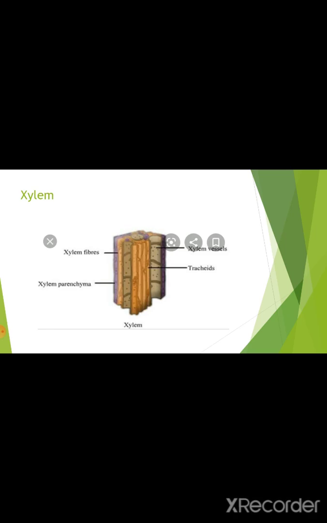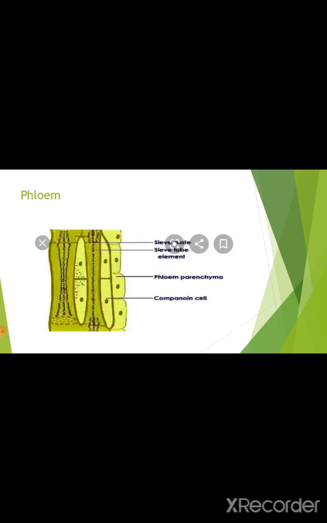Do you know? In a woody stem, xylem rings or annual rings indicate the age of a plant. Every year, the cambium meristematic tissue gives rise to a new xylem ring. Next, phloem. Phloem is made up of four types of cells: sieve tubes, companion cells, phloem parenchyma and phloem fibers. Except for the phloem fibers, all the cells are living.